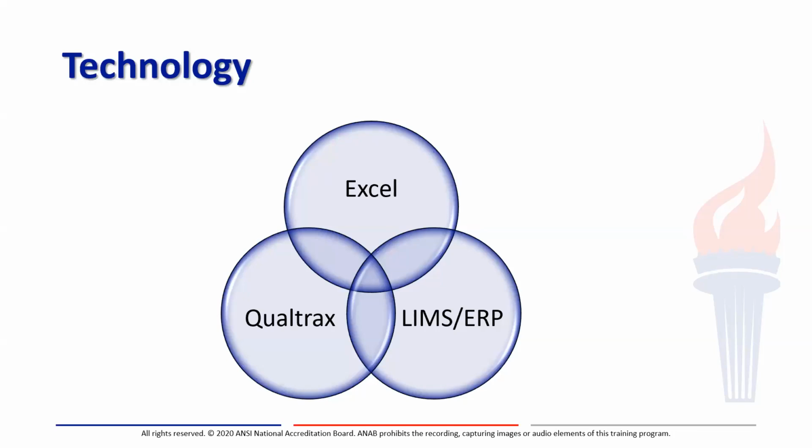Organizations can leverage technology to facilitate competence evaluation and documentation. Some organizations use Excel matrices to document competence for specific positions and then document the competence of each personnel within those positions. Other organizations may have a LIMS, Laboratory Information Management System, or ERP, Enterprise Resource Planning Program, to maintain competence requirements and documentation. Another way to document competence evaluations and documentation is through a document management system such as